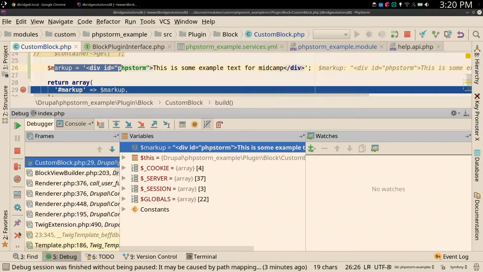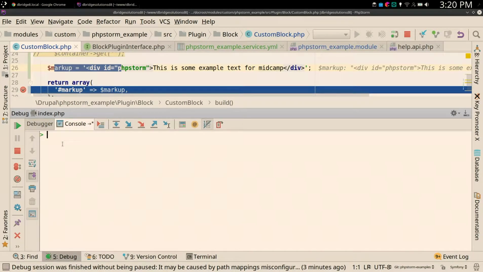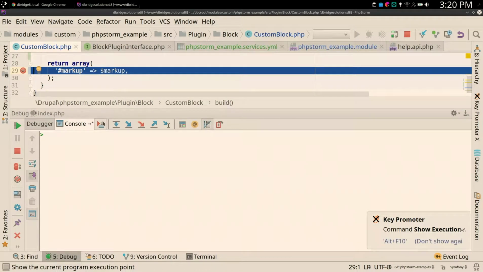So we'll turn that back on, and these get into window settings for Xdebug. Then on the right here, we have a couple of different ones. Debugger is this window. Console, you can run some commands literally at this point in time in the code. What was this one? Show execution point. So that will take you back to the breakpoint if you navigate to some code and you're not really sure